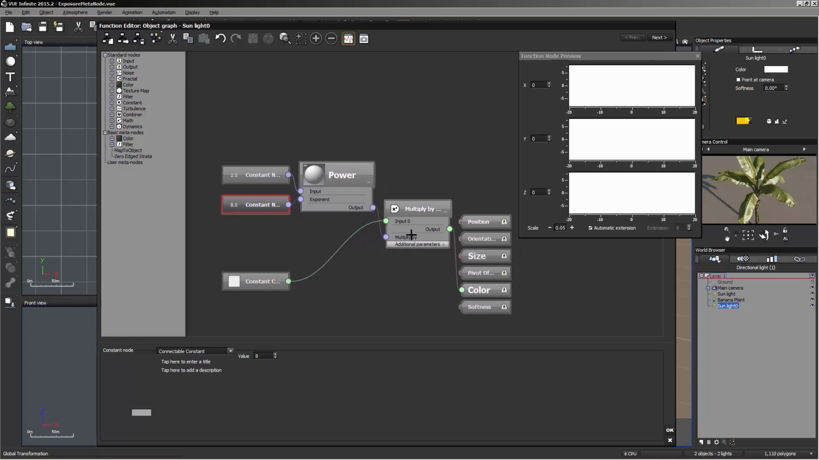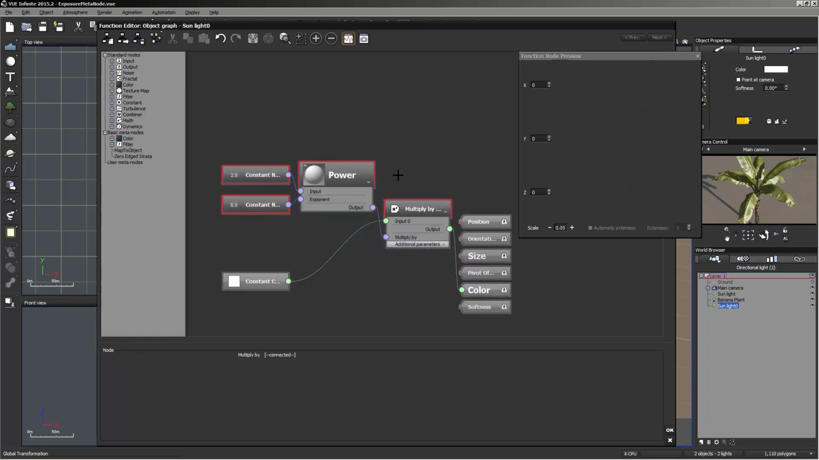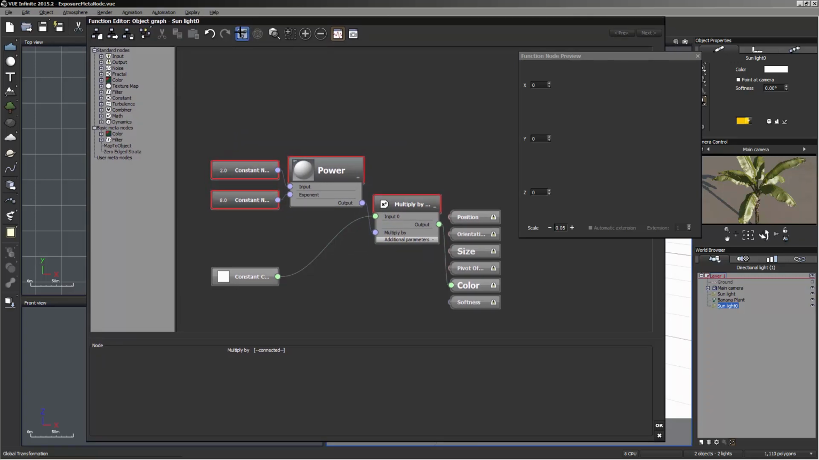So first, let's go ahead and just take this basically linear exposure, and we are going to create a meta node. After selecting them, it looks like with the build I'm using right now, it's bugged and it is not letting me create a meta node. So what I'm going to do is just